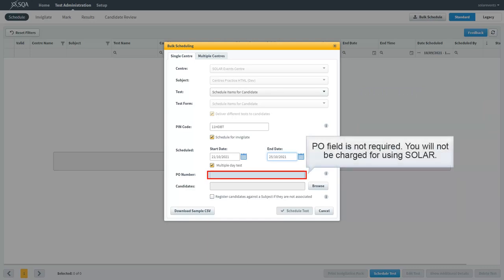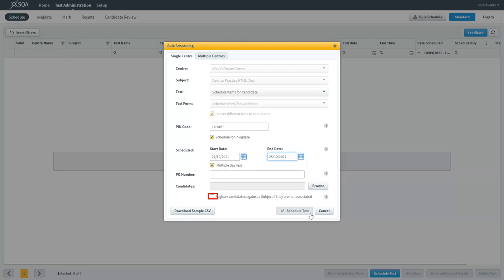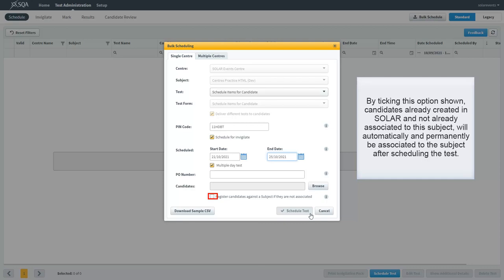PO field is not required. You will not be charged for using Solr. By ticking this option shown, candidates already created in Solr and not already associated to the subject will automatically and permanently be associated to the subject after scheduling the test.